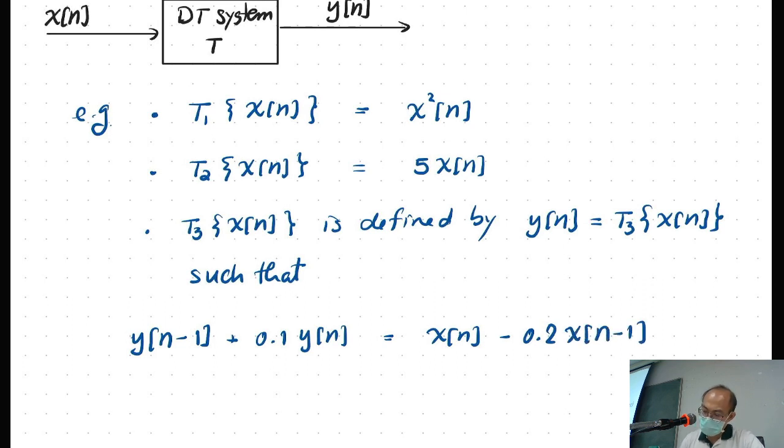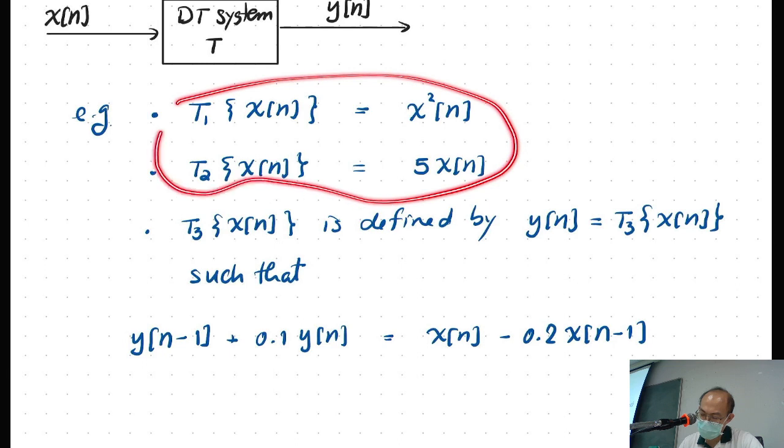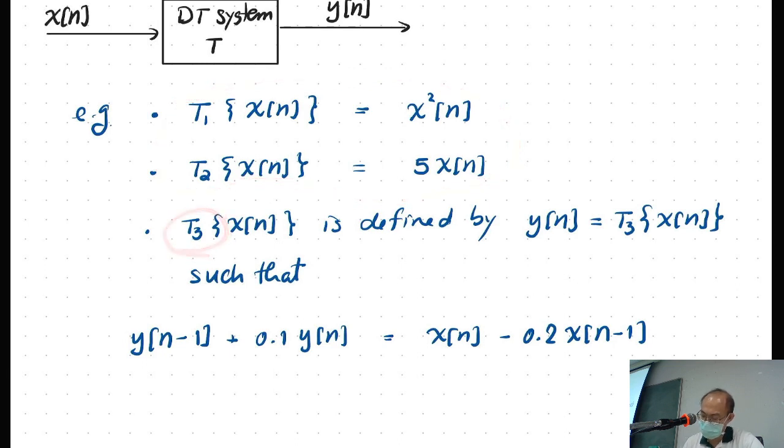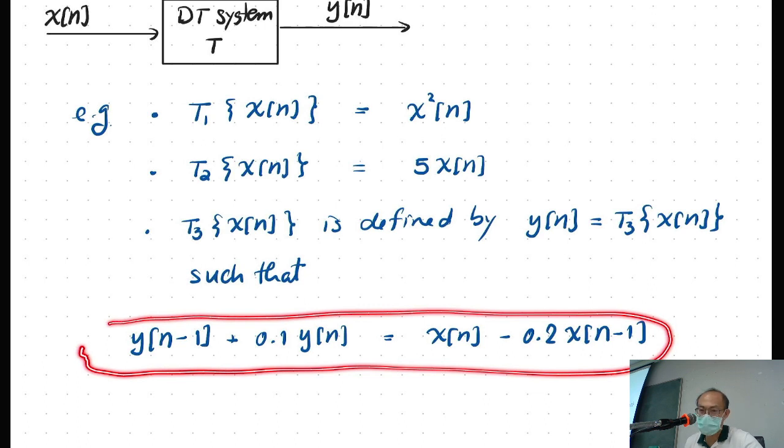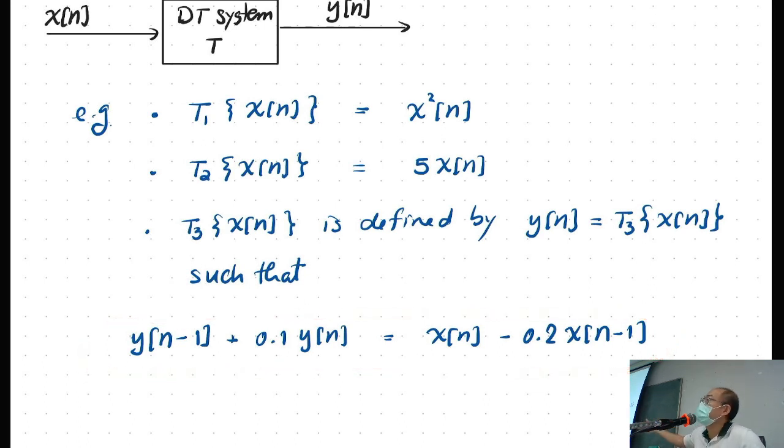The systems T1 and T2 are rather straightforward, but T3 is trickier to understand because it is not defined straightforwardly. It is defined by means of this difference equation, which is a discrete time version of differential equations. If you remember differential equations,